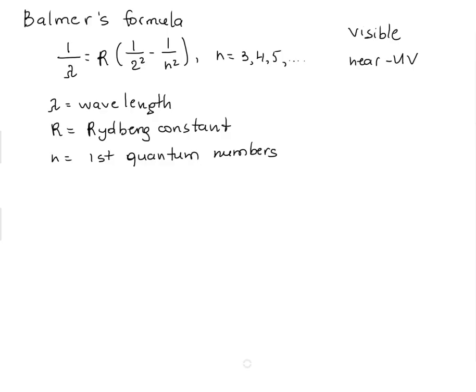So a key feature of Balmer's formula is that number 2, as you see, is fixed. This means that all visible hydrogen lines correspond to transitions that end at the same lower energy level. As n increases and goes higher, the spectral lines get closer together, and then they eventually approach a limiting wavelength